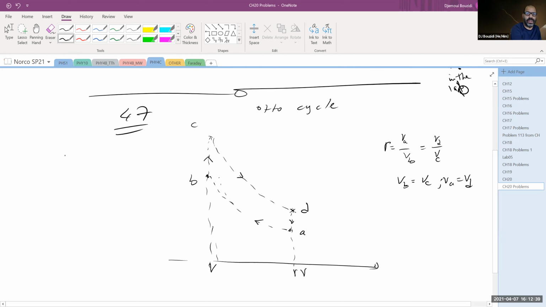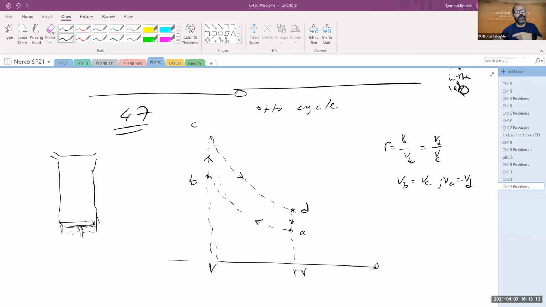So if you're curious about the cylinder, this is how it looks like. I'm sorry, that's not correct. So there is the intake valve in here, or the exhaust valve, and there's the intake valve in here. And there is a chamber in here, and there is a piston in here that can move in and out. So this is your piston. And as it's moving up and down, it's basically going to cause the whole mechanism in here to change. Basically, it's going to turn the flywheel, part of it. So it's not just this cylinder. This is not a single cylinder. This is not a motorcycle. So when it's fully compressed,